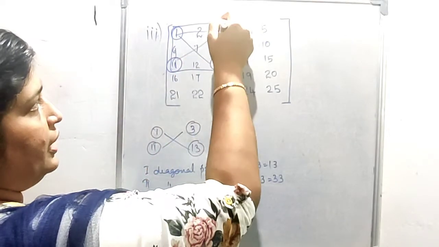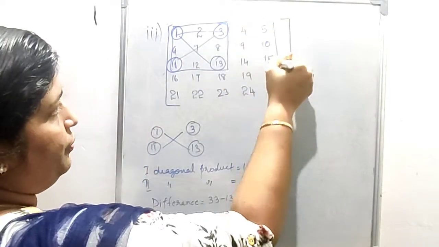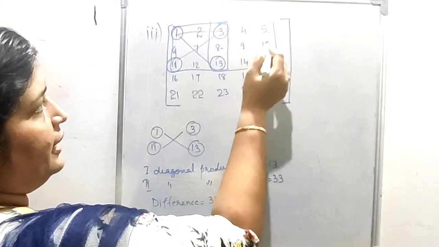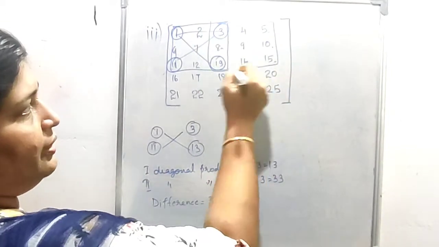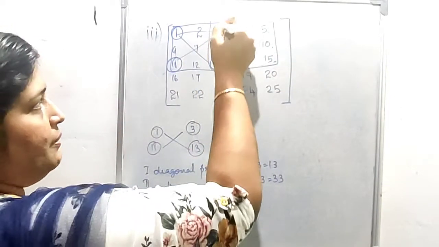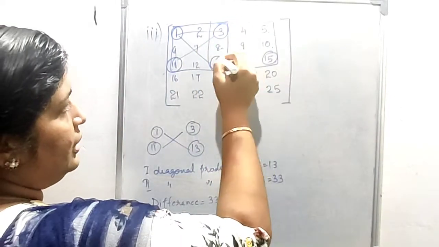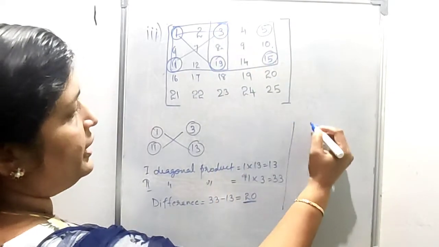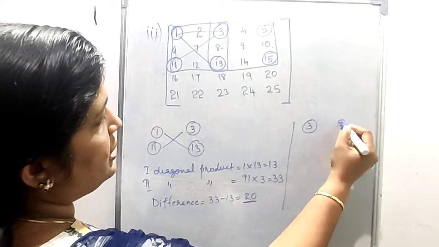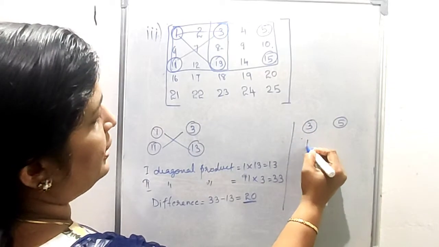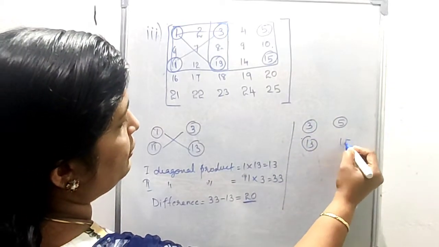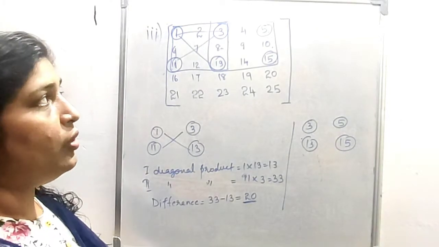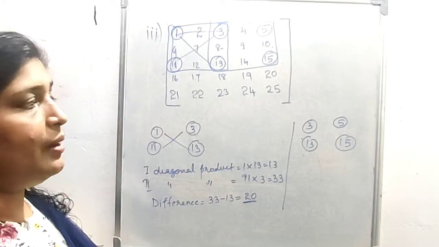Okay, here I am going to take this set: 3, 4, 5, 8, 9, 10, 13, 14, 15, a square of 9 numbers. Then mark the corner numbers. Which are the corner numbers here? One is 3, the second is 5, the third is 13 and the fourth is 15. The four corner numbers are marked here.